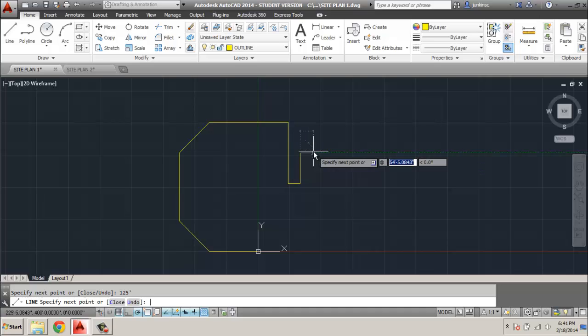We type in 50 foot mark, comma, 50 foot mark, both positive. And we go 175 feet, straight down 175 feet, to the right just 75 feet, straight down 100 feet,